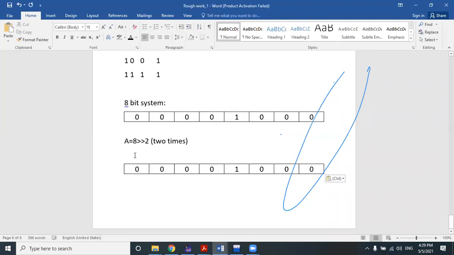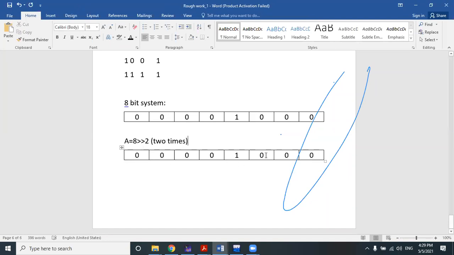That means two zeros get added from the left. After the first shift, it will look like 1 0. Agree with me? And if it is shifted by 1, then the blank field will be created on the left hand side, and that will be filled by 0. Right? This is the first shift. After the first shift, obviously we will have to do one more shift. Why? Because of 2 times shifting. So again we will have to do one more shift.